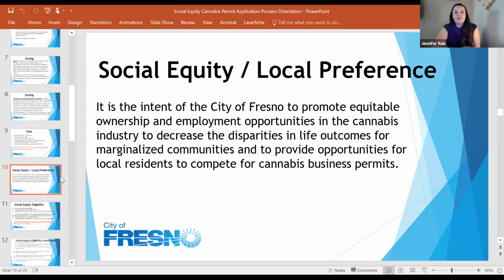Social equity and local preference. It is the intent of the City of Fresno to promote equitable ownership and employment opportunities in the cannabis industry, to decrease the disparities in life outcomes for marginalized communities, and to provide opportunities for local residents to compete